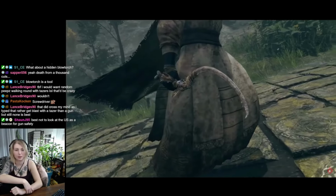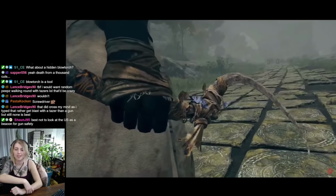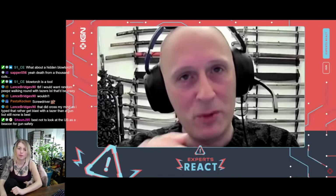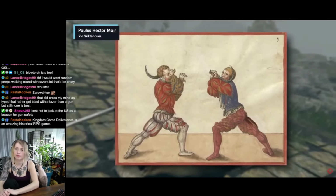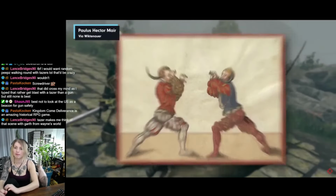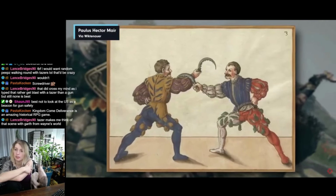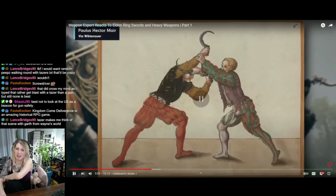Sickle. A sickle. An interesting choice of weapon. Obviously, sickles are agricultural tools used for things like harvesting grass to turn into hay and things like this. Could you use one as a weapon? Yes. Were they ever used as weapons? There are some treatises. In fact, there's one specific treatise, Paulus Hector Mair, from the middle of the 16th century, that actually shows training with sickles, and these were regarded as a peasant weapon because if you imagine that you're a farmer in the fields, you stop and...